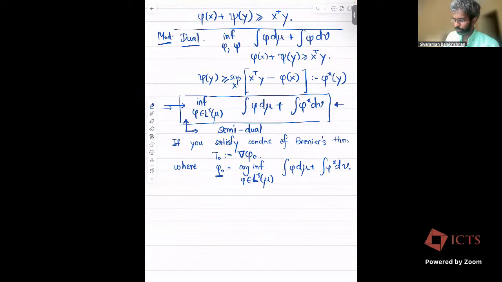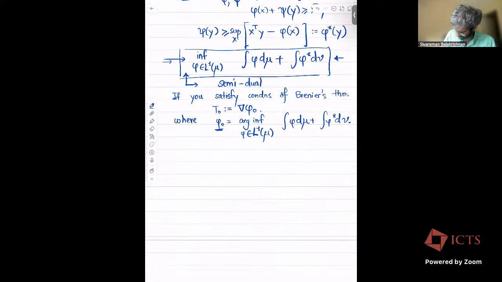Okay, so let me pause here. This should be true. Like, why should T0 be the gradient of the optimal phi? Is there some way to see this? I mean, yeah, there is, but it's a bit difficult to write it out fully. It is a consequence of the Fenchel equality, which will tell you something. I don't know if it's very easy to prove fully, but there's some fact that you know that phi of x plus